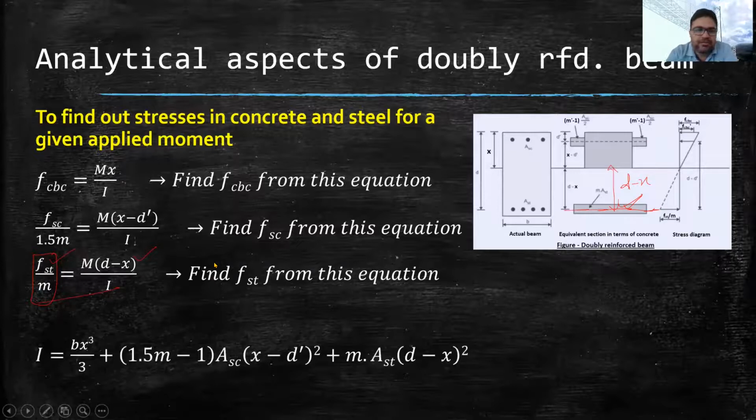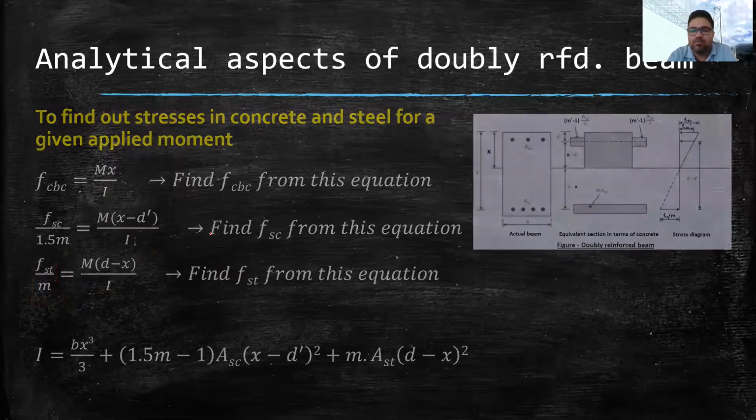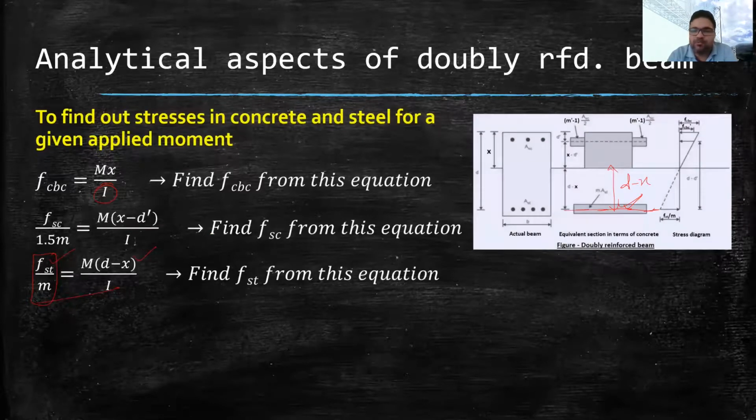Now another point is, how do we find out the value of I? Well, I is the moment of inertia of the effective area. The second diagram that you are seeing here is the actual area that we are considering in our calculation, and that is the effective area which is taking the load. So we are supposed to find the moment of inertia of this. Say I'm dividing this area as 1 and 2, where 2 is including this one also, and this one is 3.